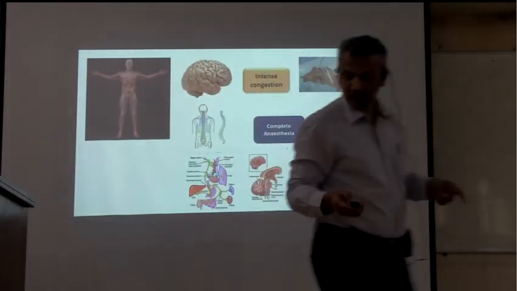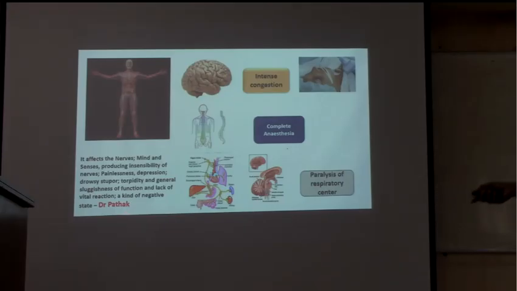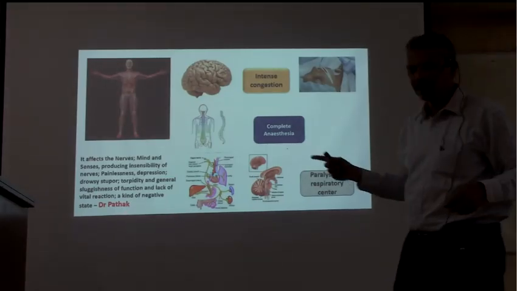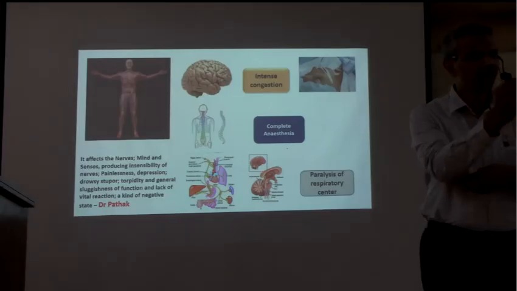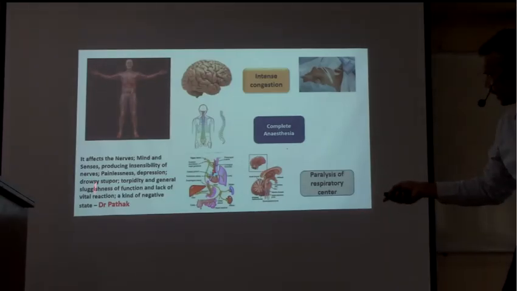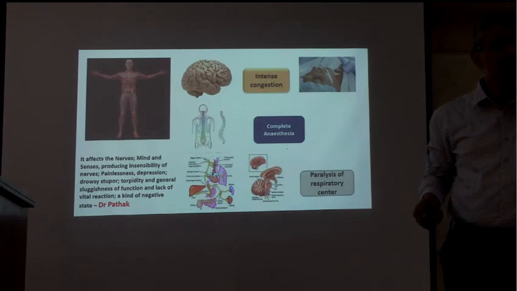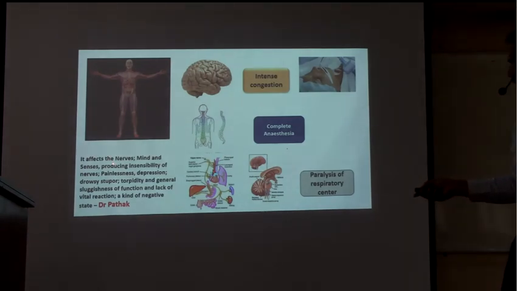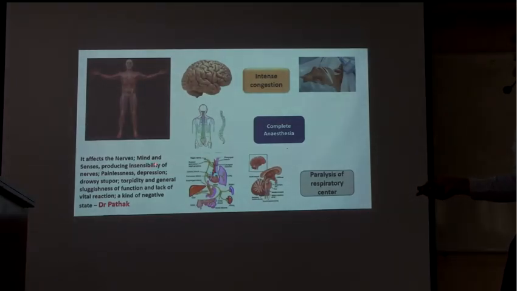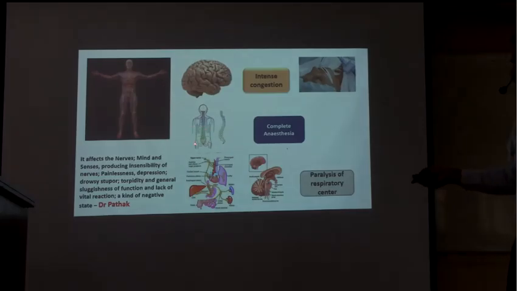Okay, so paralysis of the respiratory center. See, this I have taken from Dr. Phatak, a very important Indian author. He has contributed a lot to materia medica, and I have straight copied this from his materia medica. He says, please read this, very important: it affects the nerves. Mind and senses producing insensibility of nerves. Can you connect this now? Painlessness. Depression, drowsy stupor state, torpidity and general sluggishness of function and lack of vital reaction, a kind of